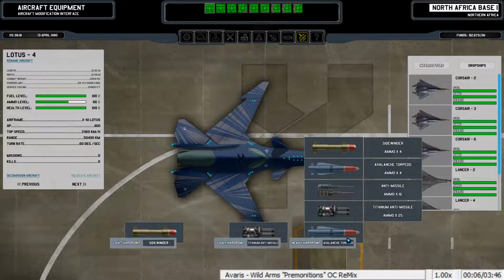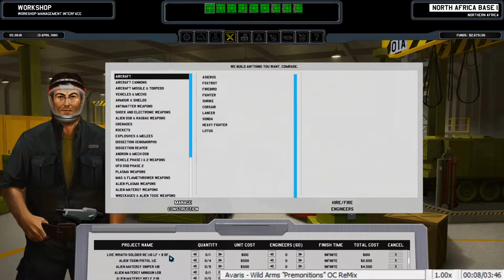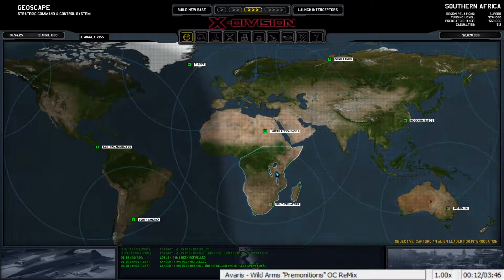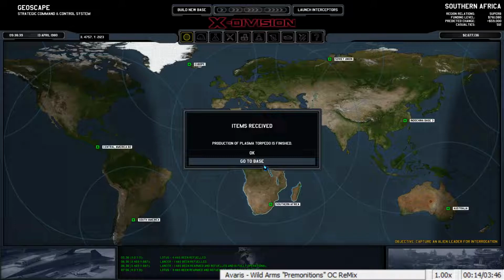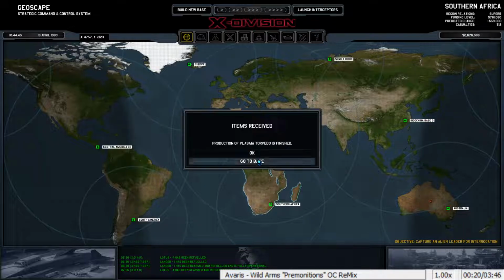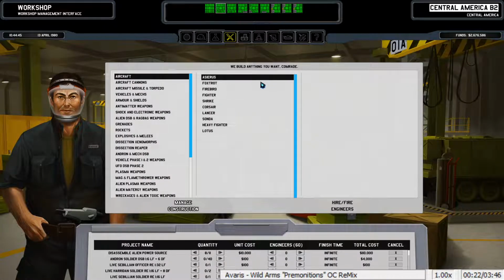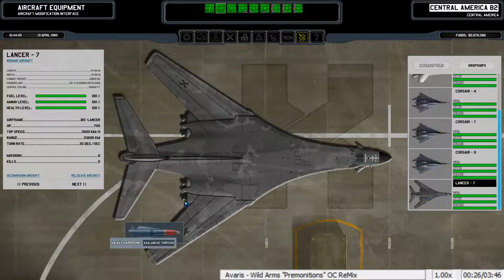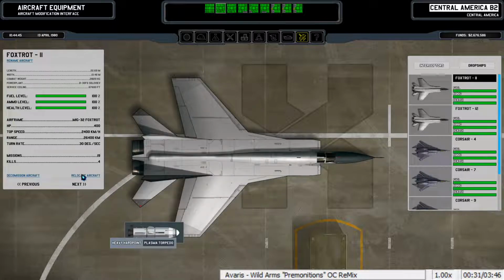Titanium Anti-Missile. Luckily, these things build super fast, so aircraft are pretty easy to build, I'd say. They maybe should take longer, I don't know. You can definitely craft them quicker than I was expecting. All right, so you finished your 3-pack of Plasma Torps. Now just got to build the last 2